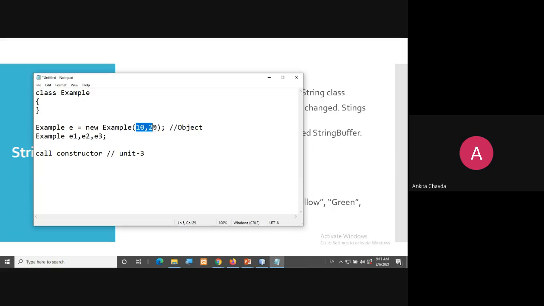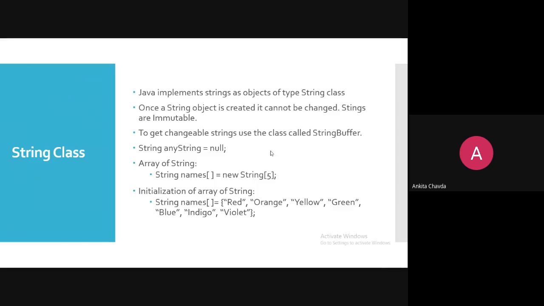If you don't want to pass static values, you can give names like A and B, and this A and B you will take from the user. So this is how you can pass. That is not the topic of the discussion, but I just wanted to show you this because every time we will use this kind of thing somewhere.